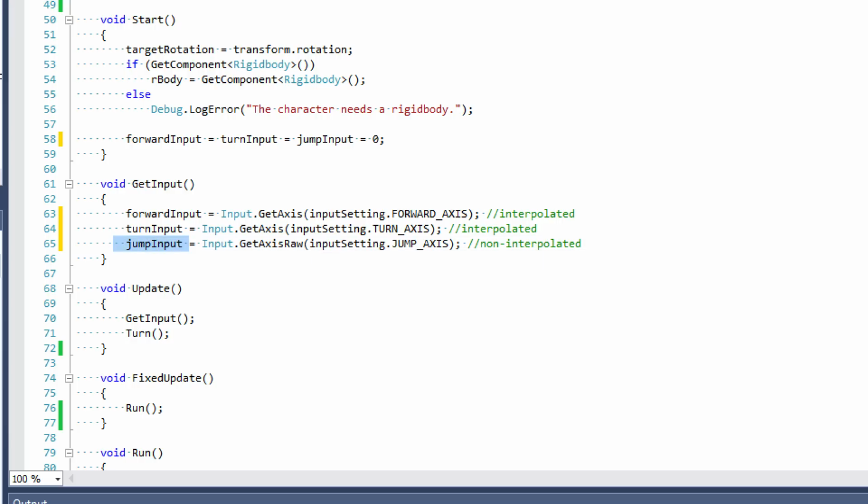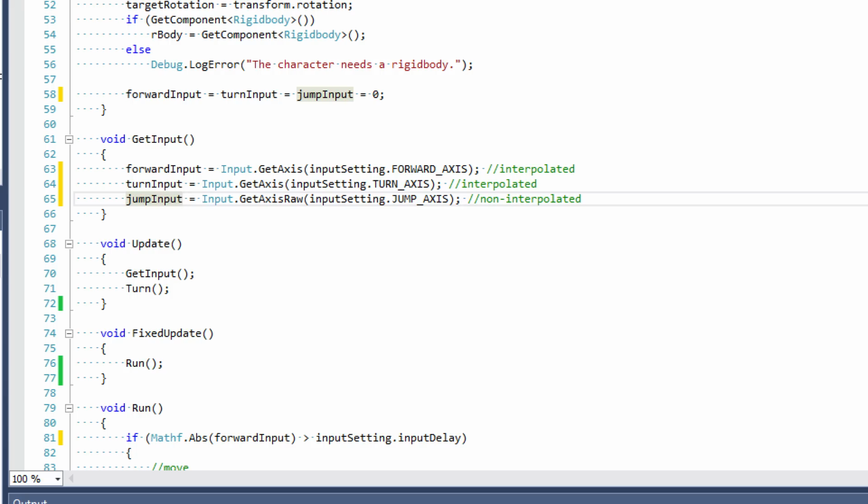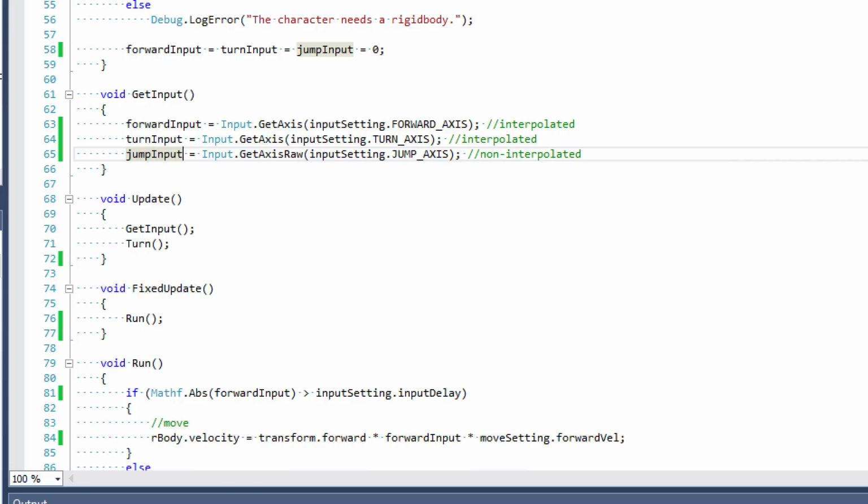And that's all we really care about with jumping, because our jumping is not going to have any sort of smoothing, as with regards to input, that is. And so we only care if our jump input is greater than 0, because that means that the player pressed the spacebar. Alright, so let's go ahead, and I think at this point we can actually code